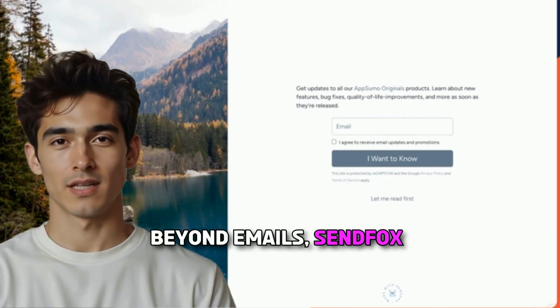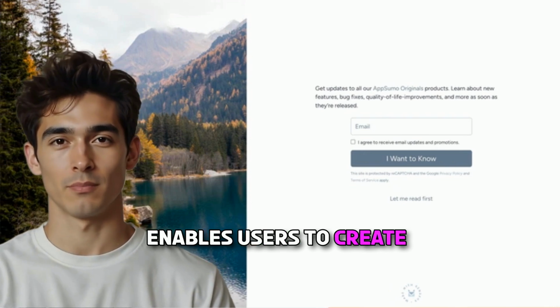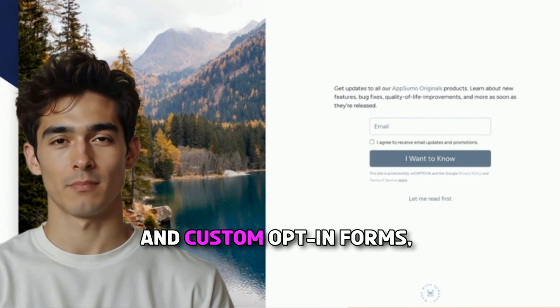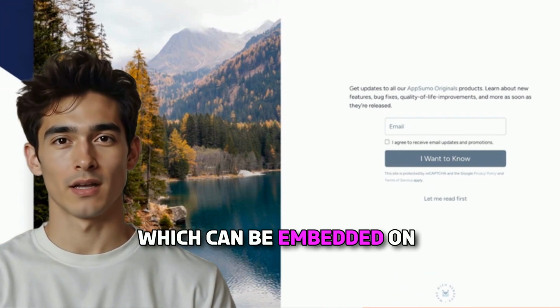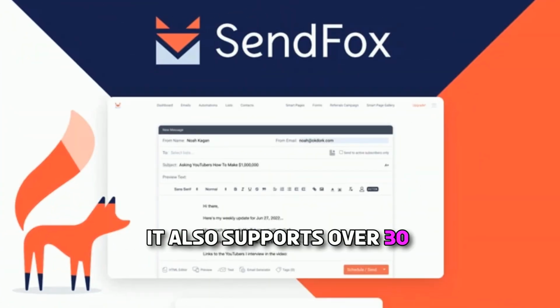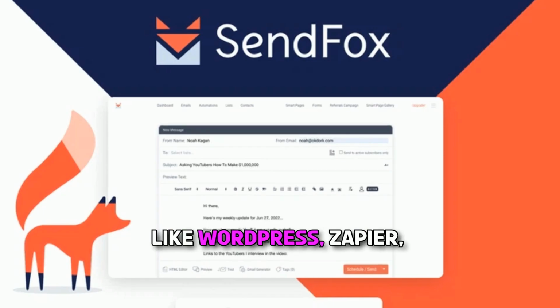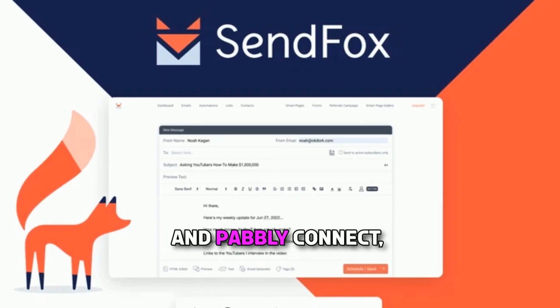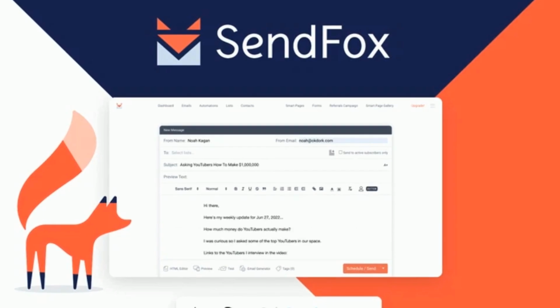Beyond emails, SendFox enables users to create branded landing pages and custom opt-in forms, which can be embedded on websites to capture leads. It also supports over 30 integrations with tools like WordPress, Zapier, and Pabbly Connect, ensuring seamless workflow